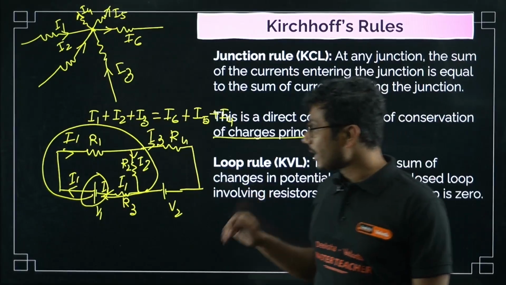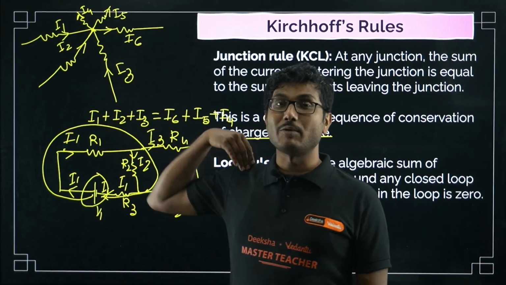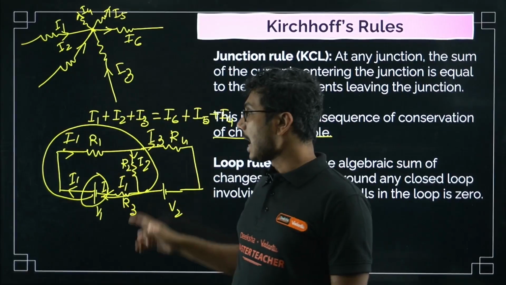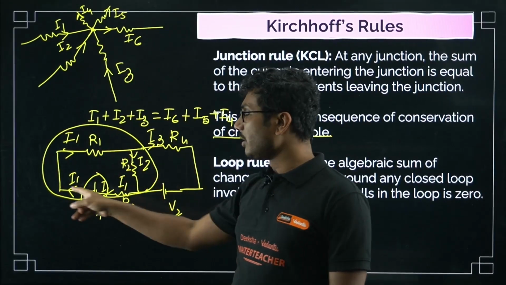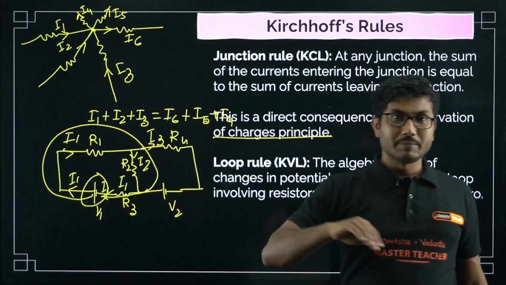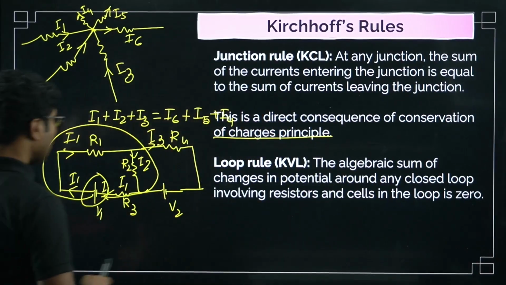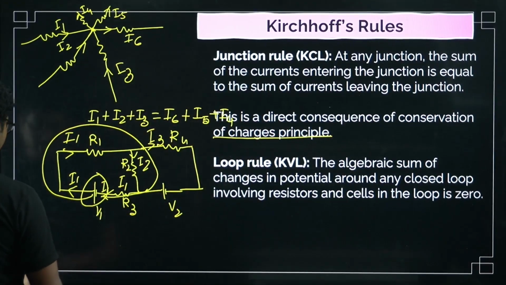Okay, so this is what you have to be careful about. In some cases, suppose the circuit diagram is already given to you with arrows, and when you are considering a particular loop, if you are going along the direction of the arrow, everything will be positive. But if you are going somehow, suppose that in the same circuit,